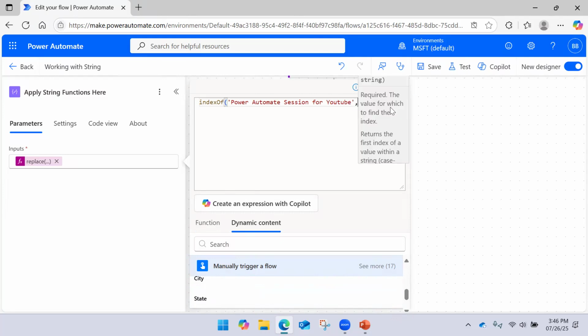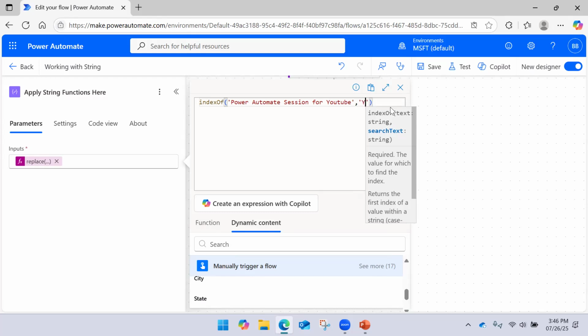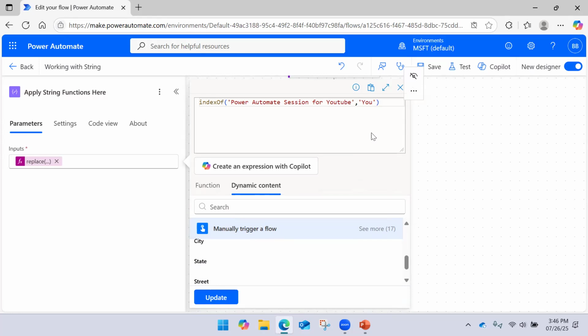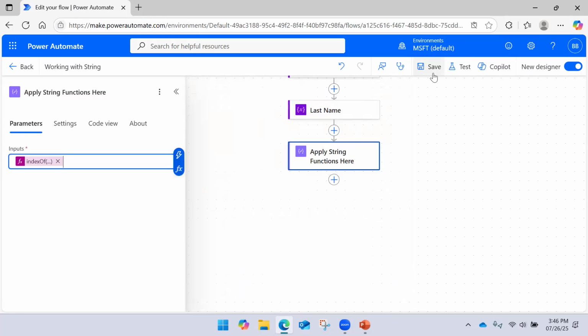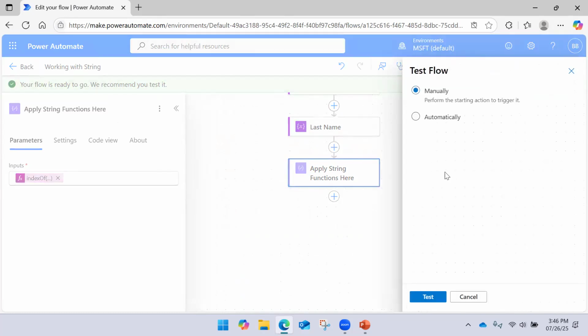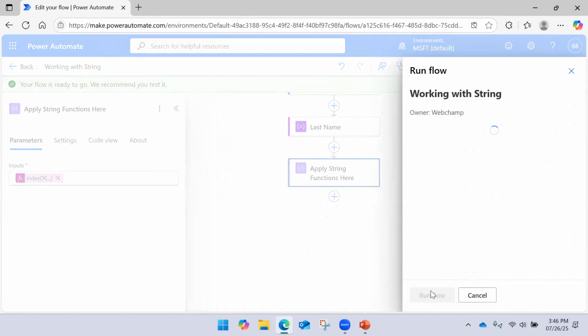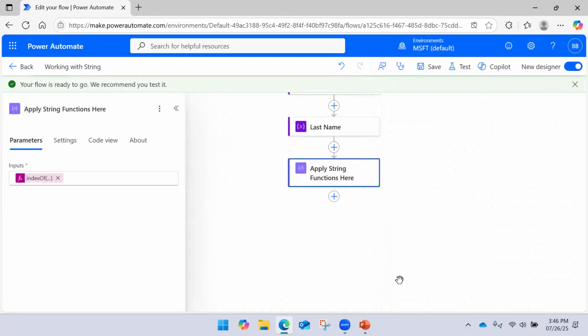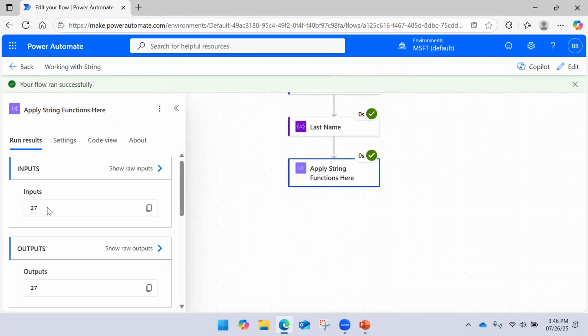So you can simply say u, right? And then let me say update, save, and then run. So indexOf function will return the index of a specific character in the string. So this u exists at the 27th character in whatever string I passed there.